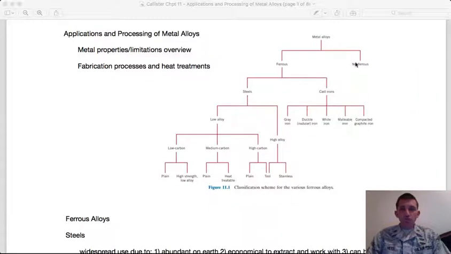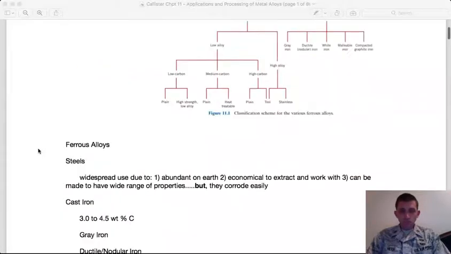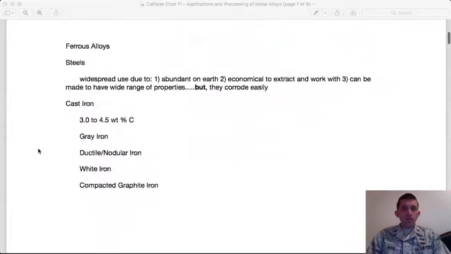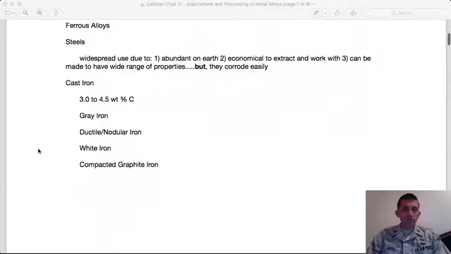And then on the other side of this tree, we have non-ferrous. There we're talking about magnesium, titanium, aluminum, precious metals, pretty much just everything else. Okay, so we covered this a bit. Steels are dominant,